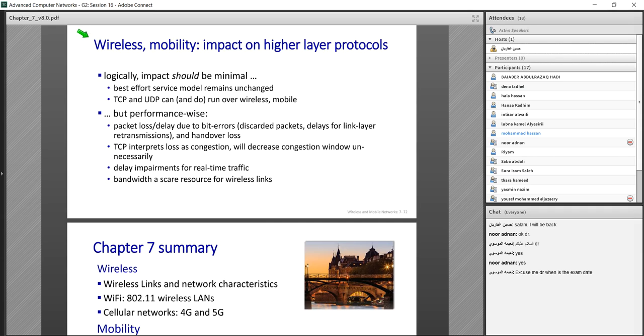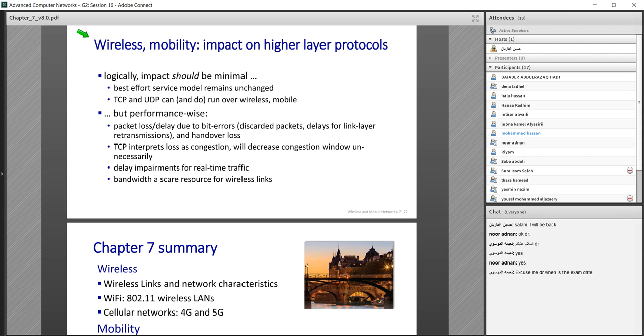But when we talk about mobility, please pay attention to this. When we talk about mobility, we think about something that happens in lower layers. That's true. But when I'm moving from one network to another network, I change my network. So routing protocols and a routing strategy should be used to handle this movement, sending information from the previous network to the new one.